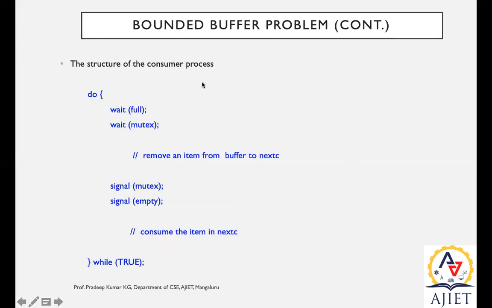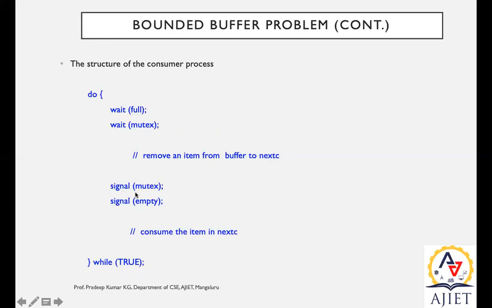On the other side, the consumer. Initially the consumer is waiting on full. So wait on mutex, that is 1. So one particular consumer can access the data. That is, remove an item from the buffer. We are supposed to remove that particular data from the buffer, and update the counter for the next consumer, and the next consumer.